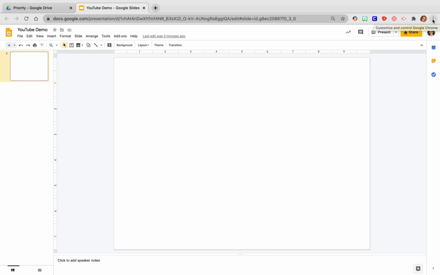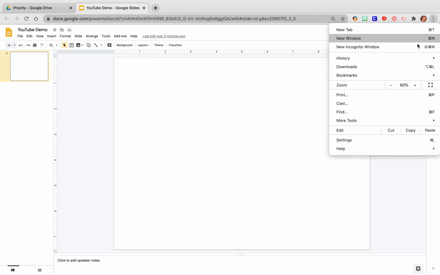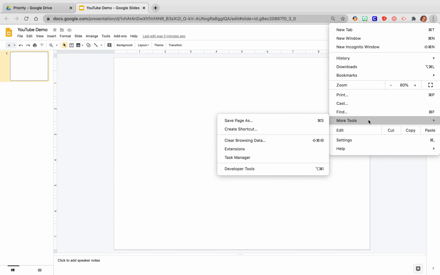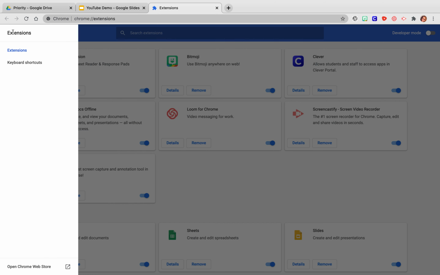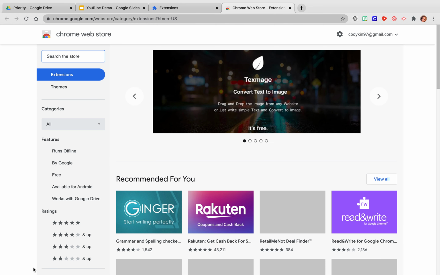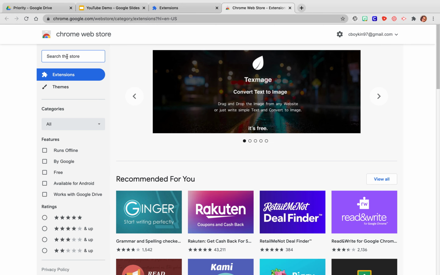So if you don't already have it, you can click right here on these three dots. You can go down to More Tools. You can go down to Extensions. It's going to open up a new window for you, a new tab. And then you can click right here on Extensions. And then I want you to open up the Chrome Web Store. And then you will just search for